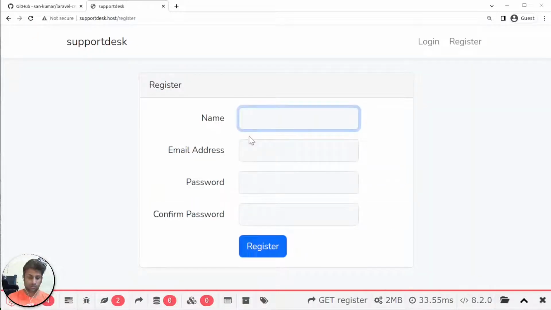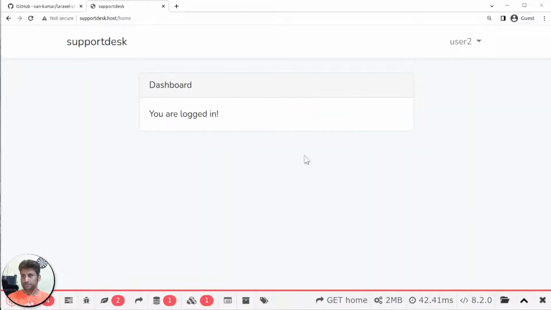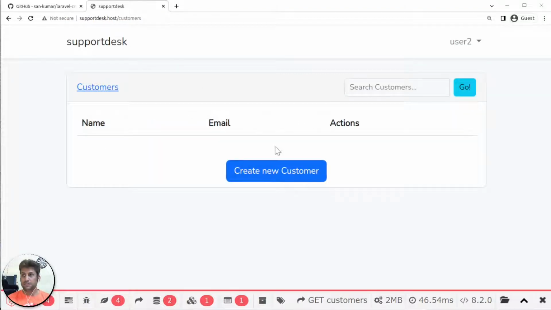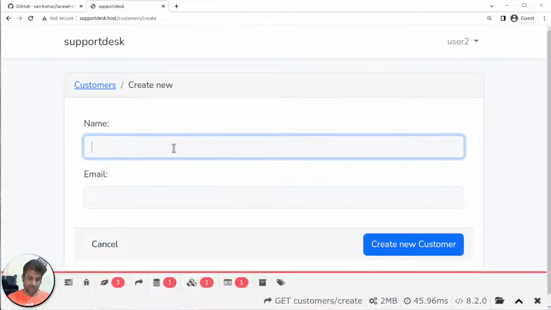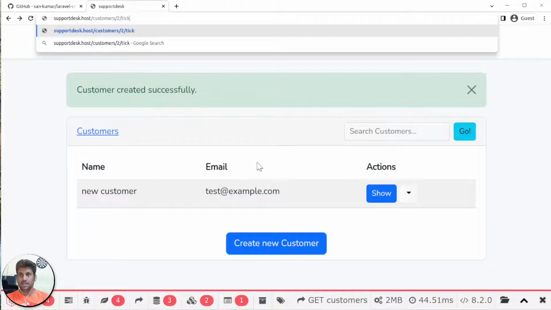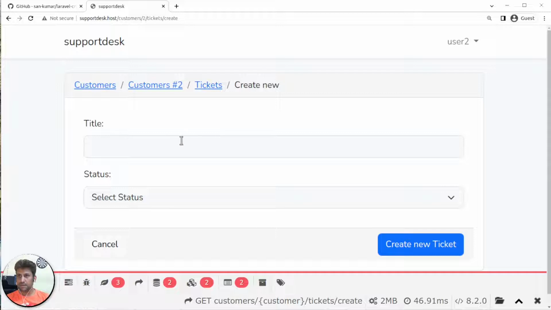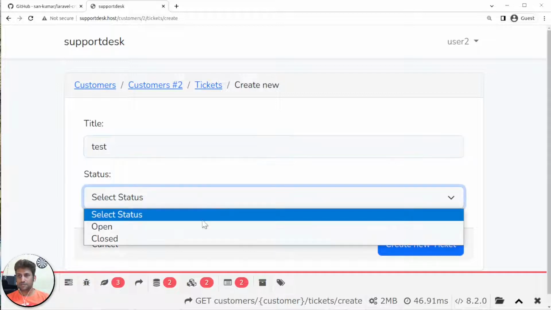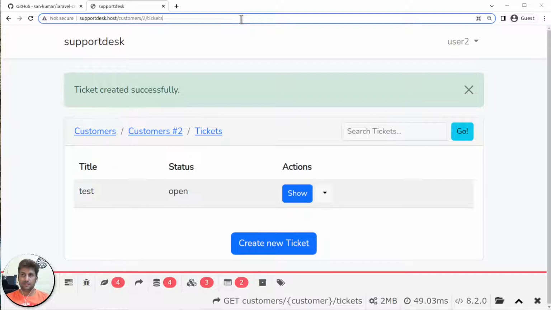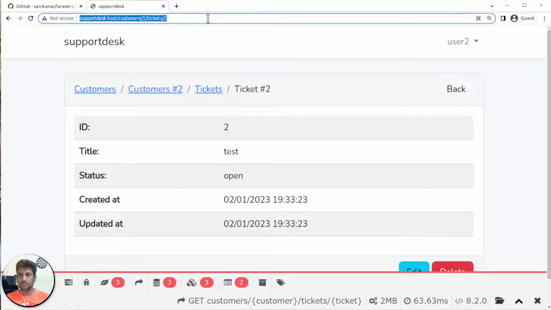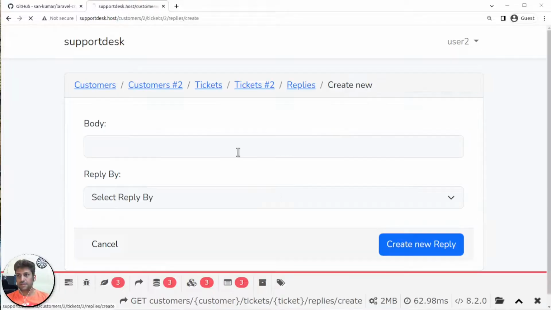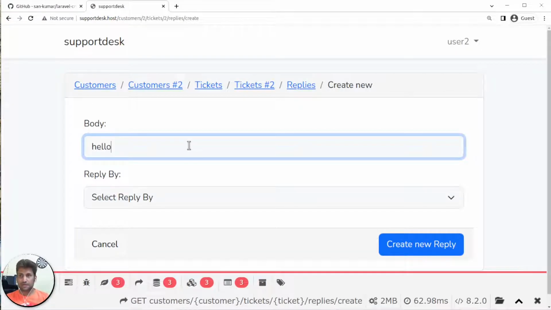Let's say I have one more user, so let's say user 2. Okay, and now I go to the customers tab again. So this user doesn't have any customers, right? I just create a new customer. Say this second customer has tickets, right? And if I create a new ticket, and inside the ticket we have the replies, so I'll just go here, and the same thing happens, if I create a new reply,